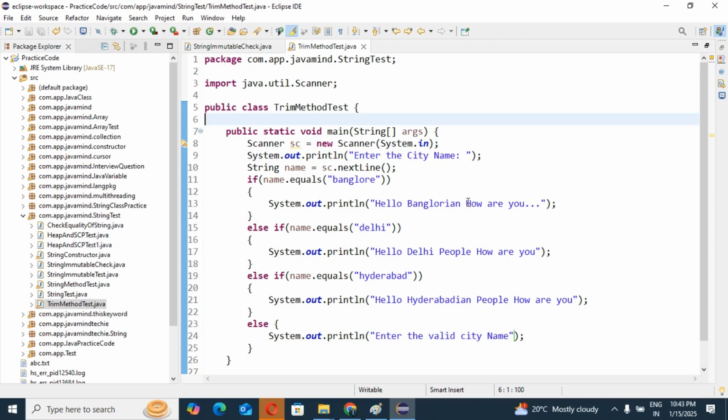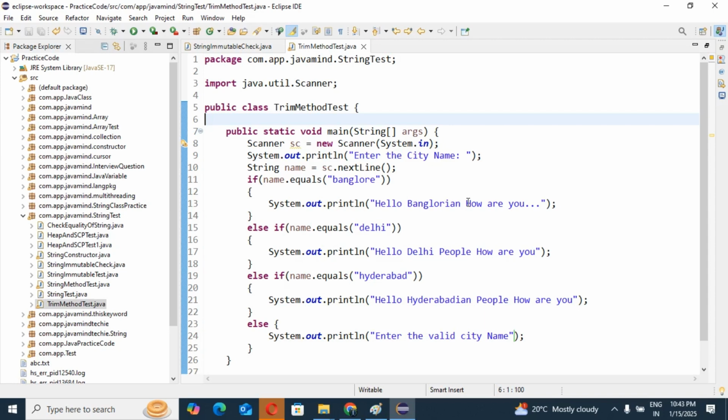See, who is responsible for entering the city name? The end user only, yes or no? One thing you keep in mind: the end user doesn't know whether the city name should be lowercase, uppercase or mixed case.